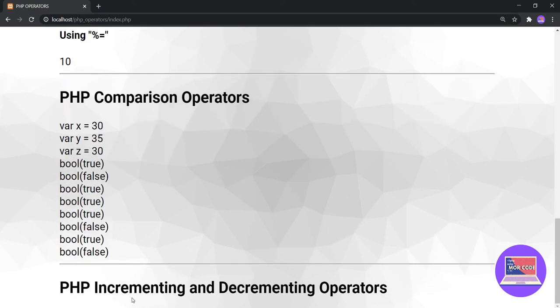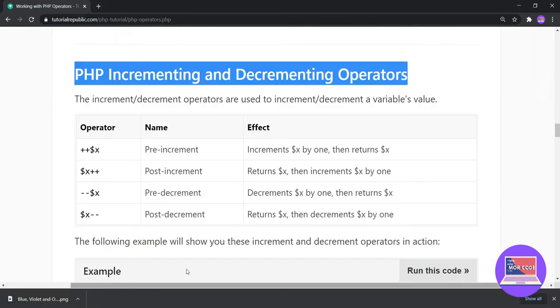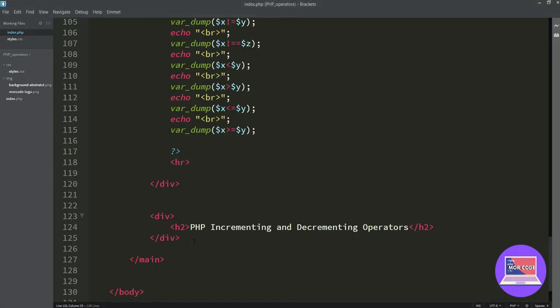Okay, so we have the PHP incrementing and decrementing operators. Now let's say PHP